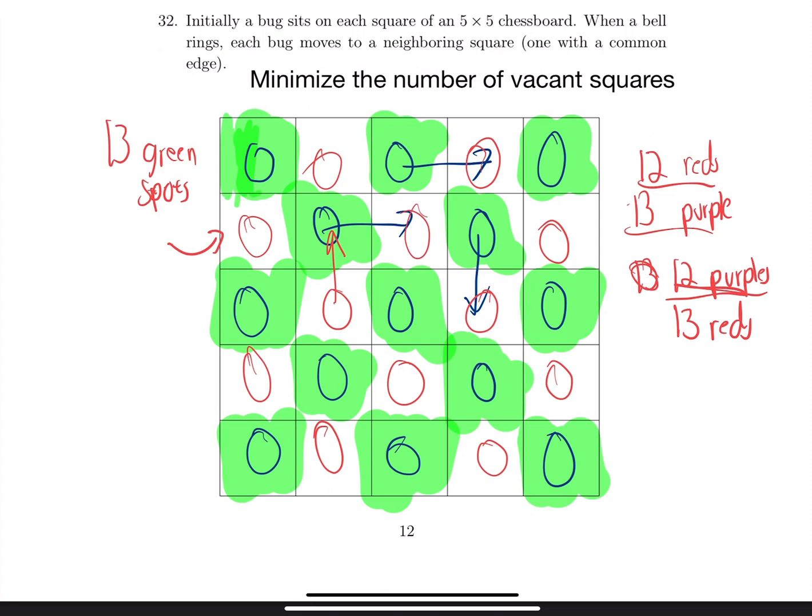So our final answer is 1 because we proved that it's possible to get 1 vacant square. And we proved that it's impossible to get less than 1. That's it for